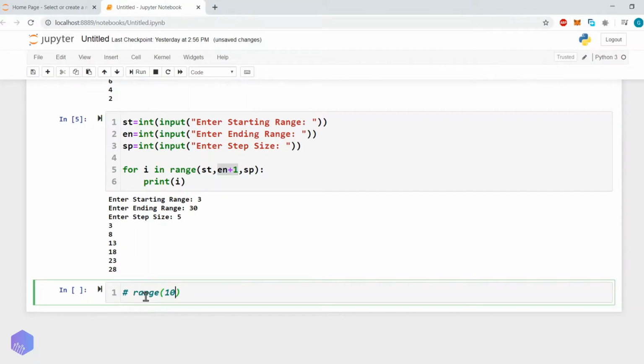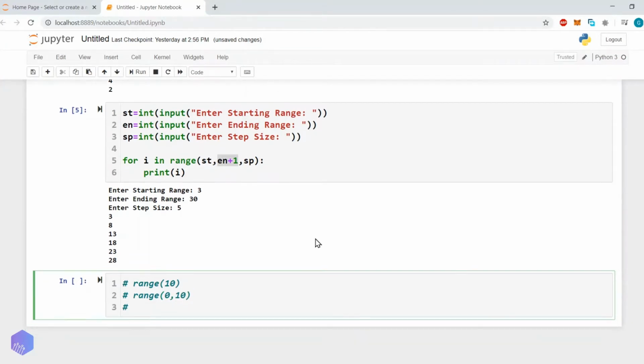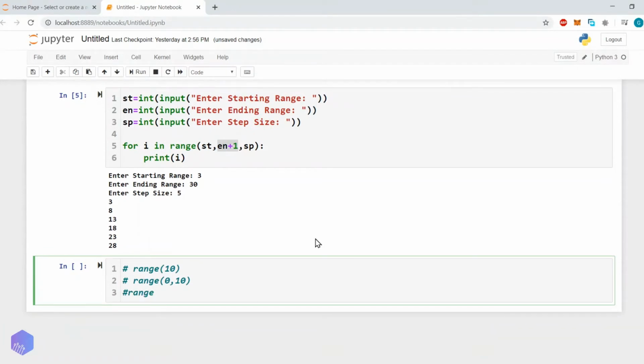For example, range 10, then range with two arguments, and then with three arguments: start, let's say we want to start with 0, go up to 10, and the third argument. So range 0, 10 and 1. All three are the same, and all three will give us the same result.